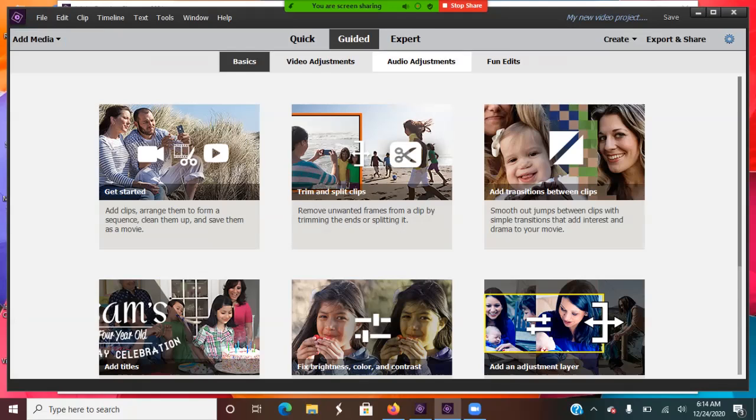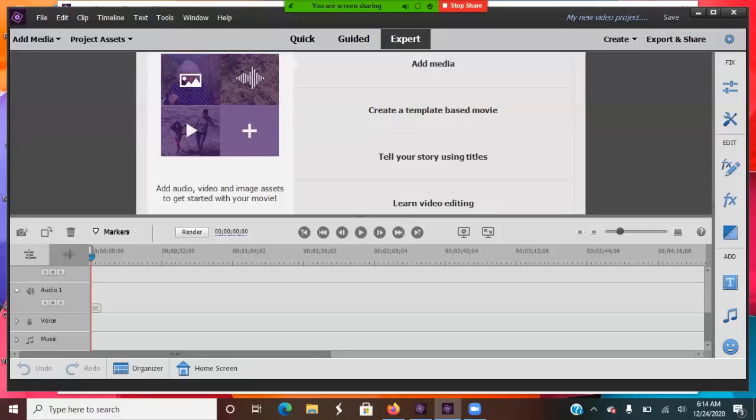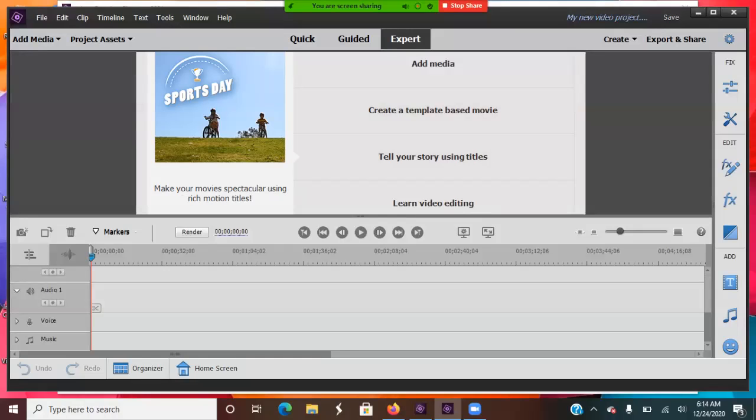So that was guided. And in the expert mode, this is the best mode to use Adobe Premiere Elements. This is the best mode to edit the video. So in the quick mode,